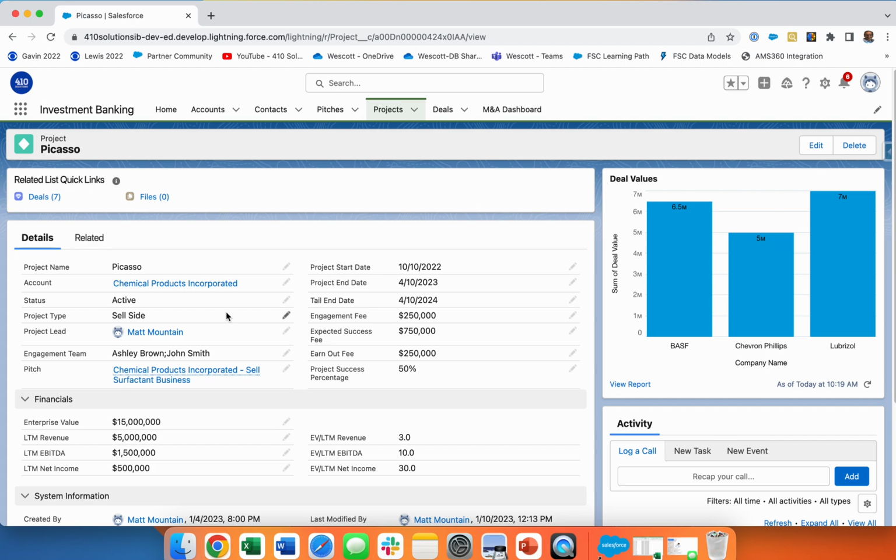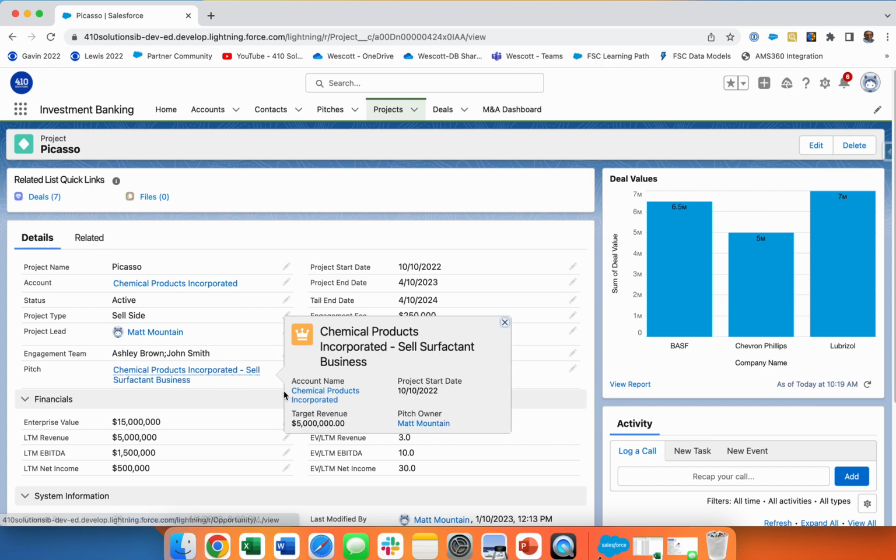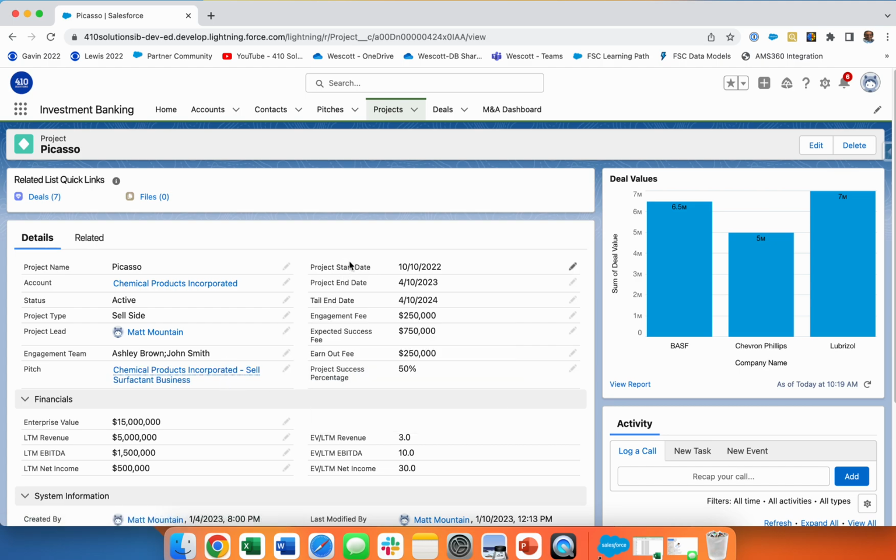It's a sell side. Who's the project lead and who's on the team? What was the pitch associated to it? And what you're going to see is a lot of this information came from the pitches. We also have some financials here and some calculations. But associated to this, as we're out talking to different companies about this